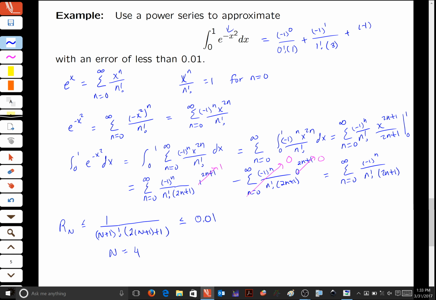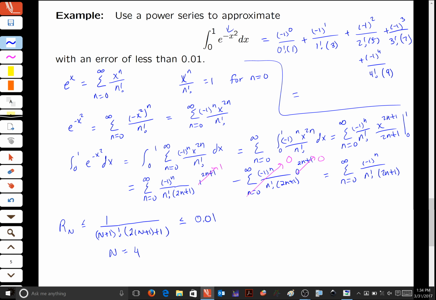Plus minus 1 squared over 2 factorial times 5. Plus minus 1 cubed over 3 factorial times 7. Plus minus 1 to the 4th over 4 factorial times 9. When you add those together on your calculator, you should get,